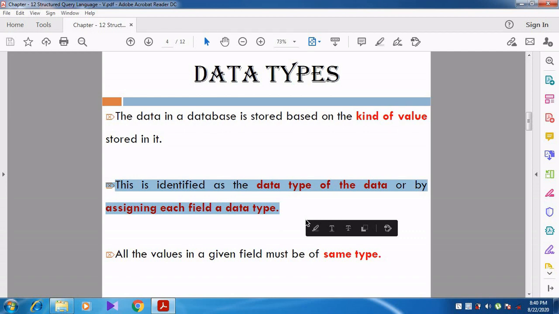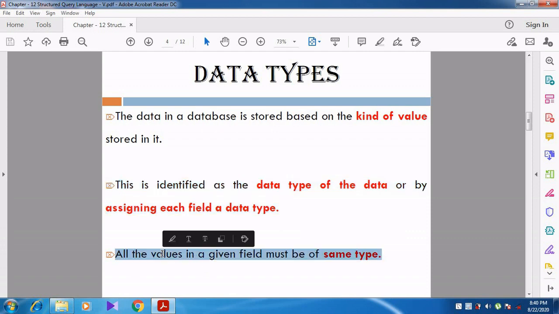Each and every field is given a different data type. For example, for a name we can give a string or character data type. When entering the student's mark, it may be an integer data type. When finding the average, it may be a floating point data type. What we discussed in programming languages, the same thing we are going to see here in database languages.